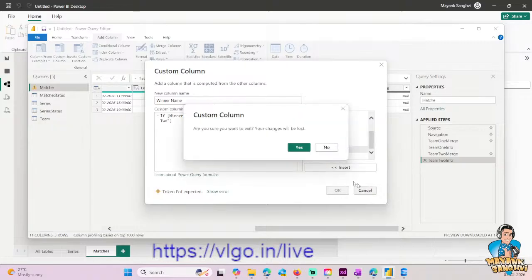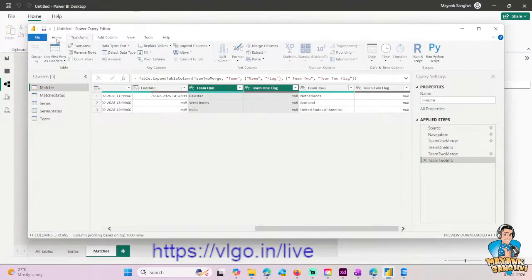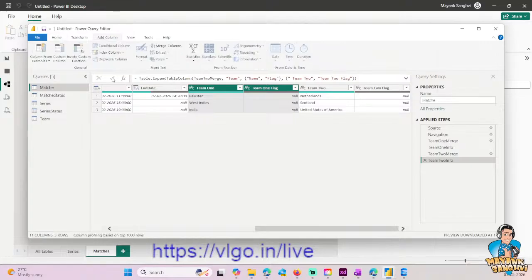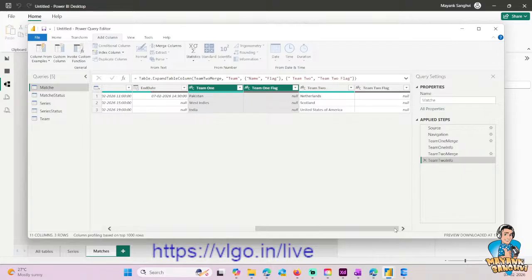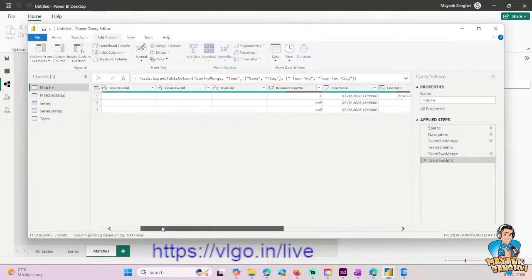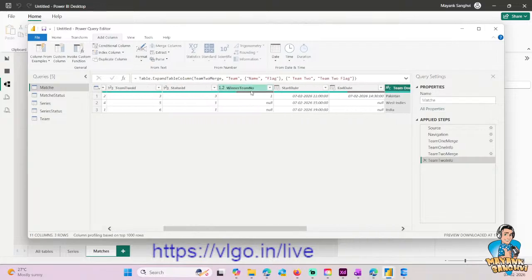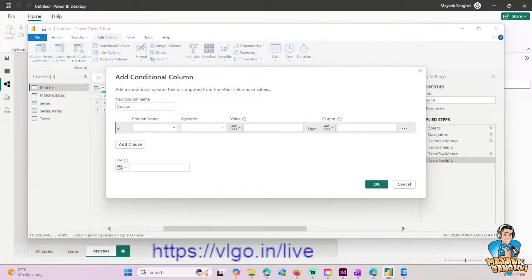Okay, let's use the graphical user interface. I don't want to debug it for now. So what I need to do, I need to click on add column, and then custom column, conditional column. Where is conditional column? Why am I not able to add a conditional column here? Did I do something wrong? No. Winner team number. Okay, conditional column. I'm going to say winner name,